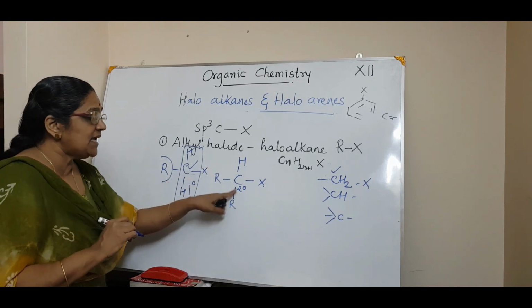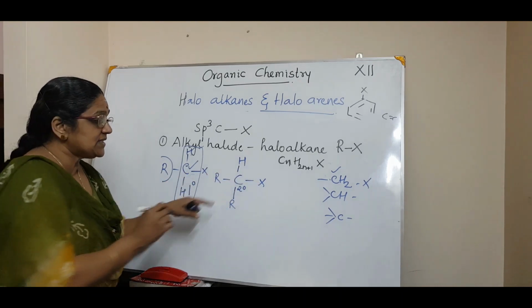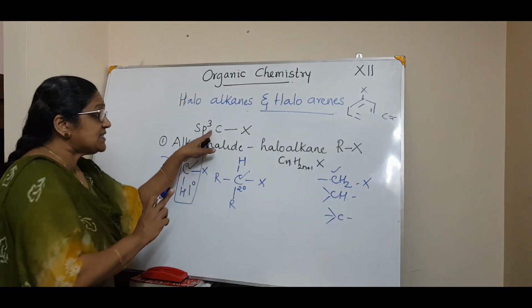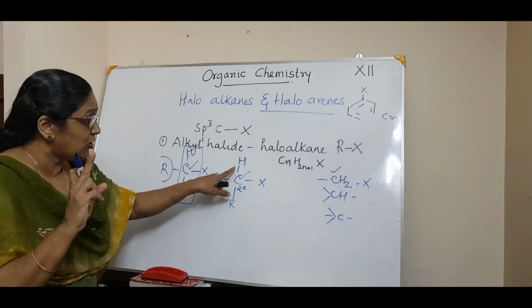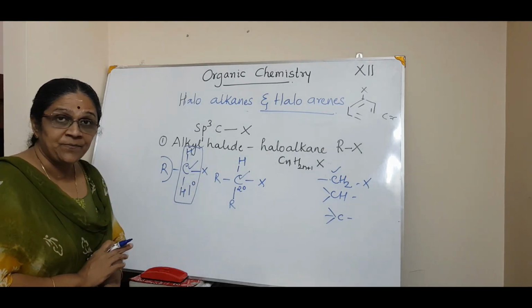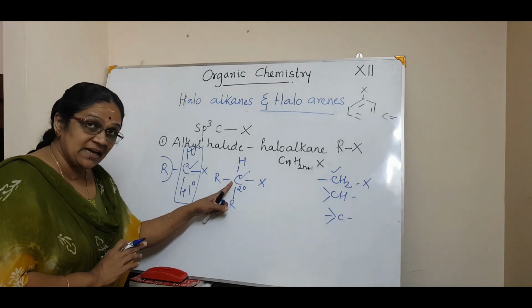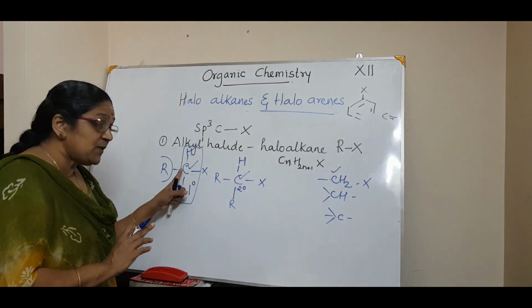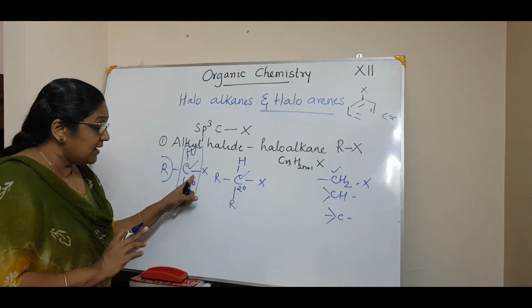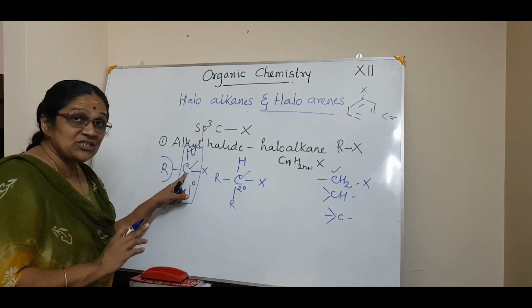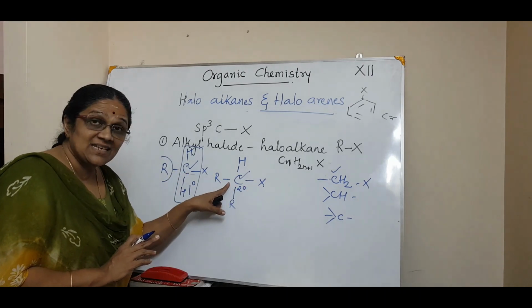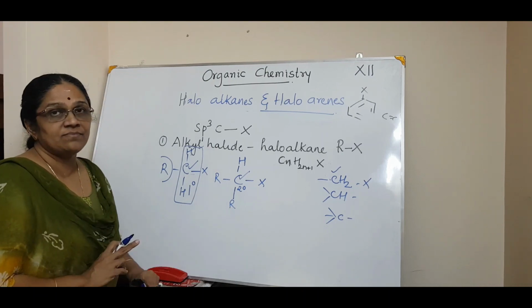It must contain a CH group. So this carbon atom is a secondary carbon atom. But still this carbon atom is in an sp3 hybridized state. Listen, because all these bondings are single bonds. So this is also an sp3 hybridized carbon atom, but the difference between this one and the previous one is, here the halogen atom is attached to a primary carbon atom, and here it is attached to a secondary carbon atom, isn't it?